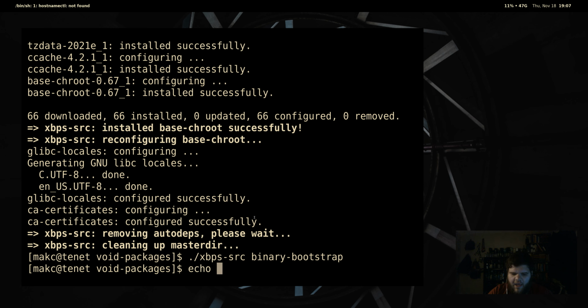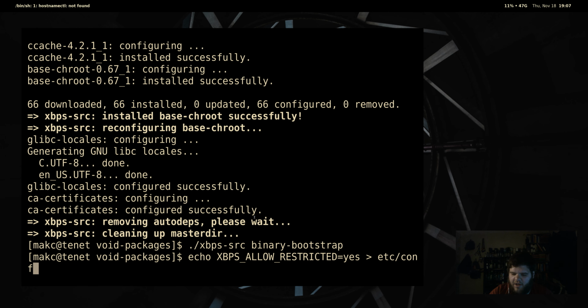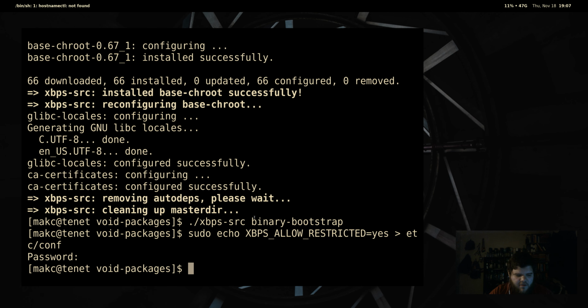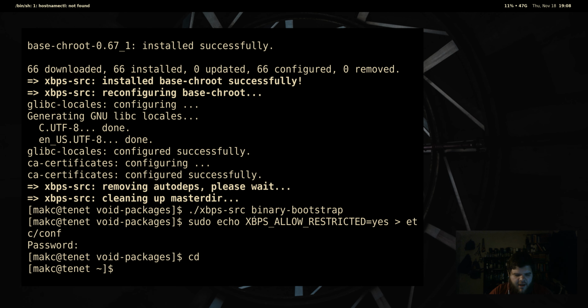And then we need to echo XBPS_ALLOW_RESTRICTED=yes and put that into etc/conf, which we're going to have to do as sudo here. Give it a password, looks good. And then let's go back into our home directory, and we should be able to run